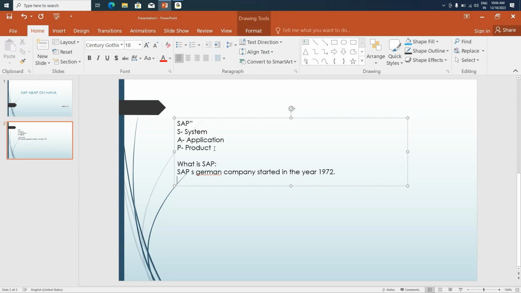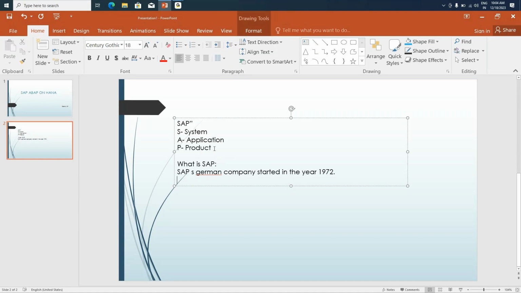Any business organization which has a chain of business processes, for example, a company that is into production, sales, marketing, and has an inventory that has to be looked after, in those situations every company will opt for SAP. So this SAP is not just application development, but business development. It is called software integrated business development.